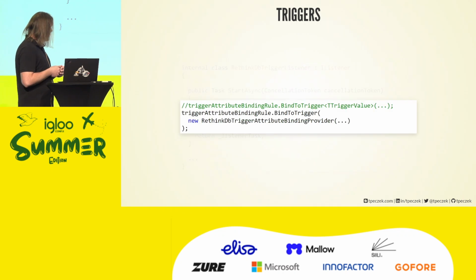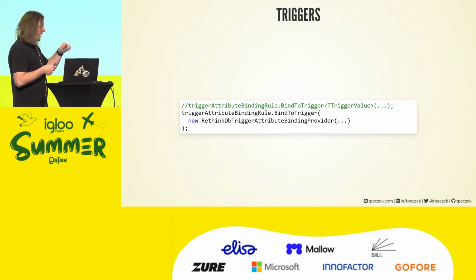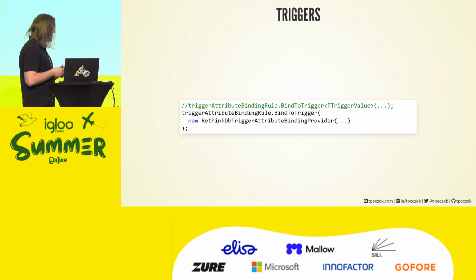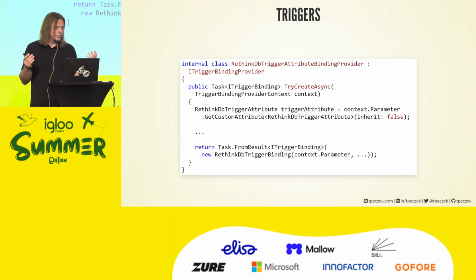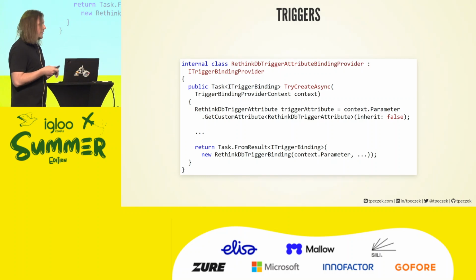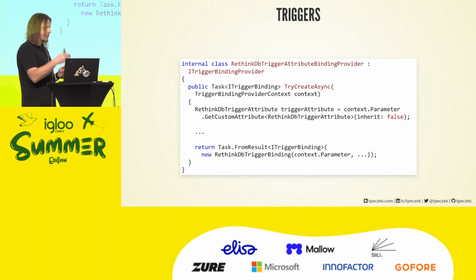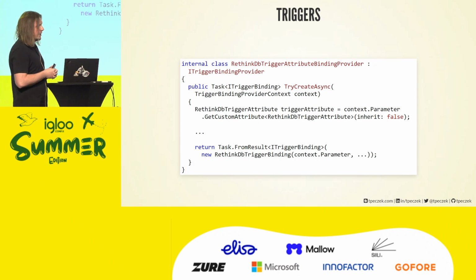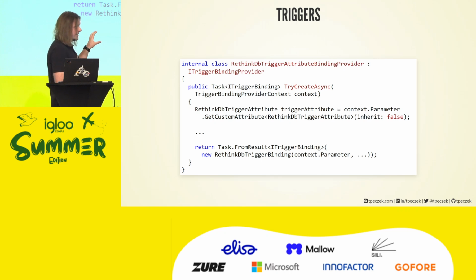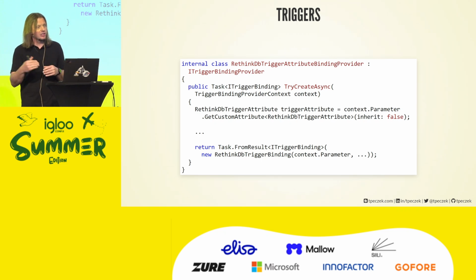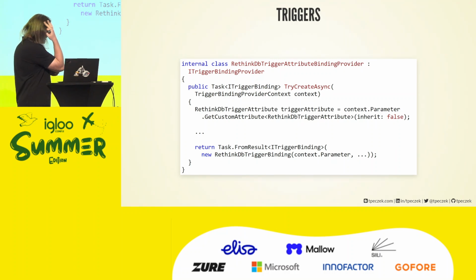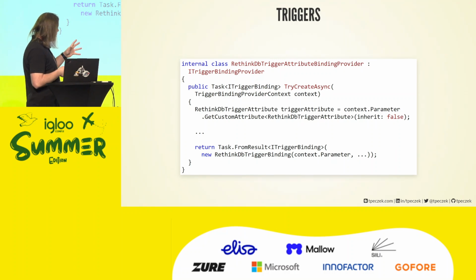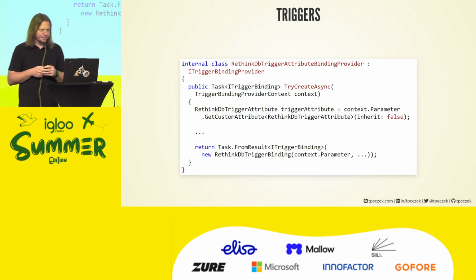To wrap up the triggers, we are missing that one arrow between the binding rule and the trigger binding. As you're already expecting, it's a factory. In case of triggers, those factories are quite simple because they have one job to do: try to create a trigger binding for a function definition. There is a context. In that context, there is a parameter. In that parameter, there is that attribute. In definition context, that's a unique place where you will actually see the extension code calculating those values from the settings, from the expression, passing them down so they can be cached. But generally, there is not too much complexity here.